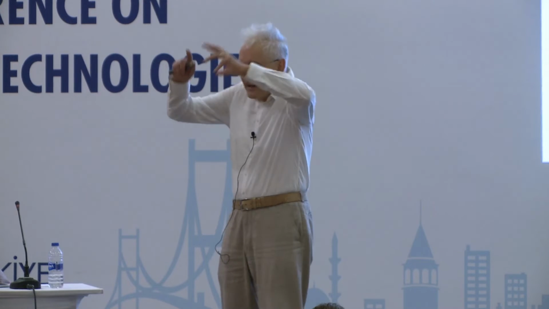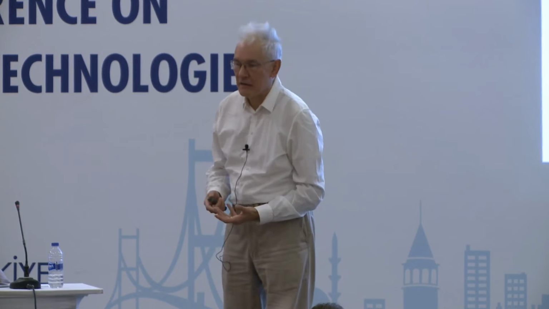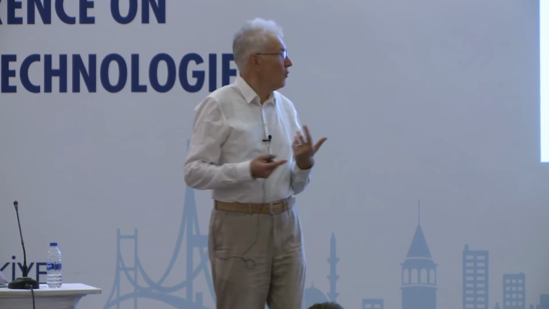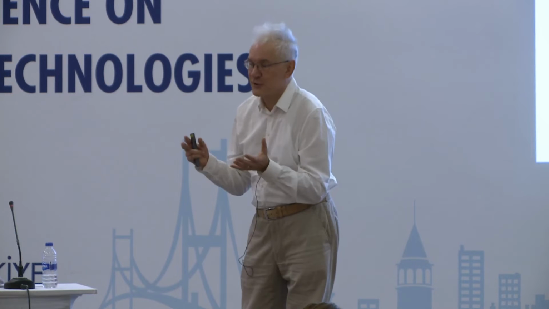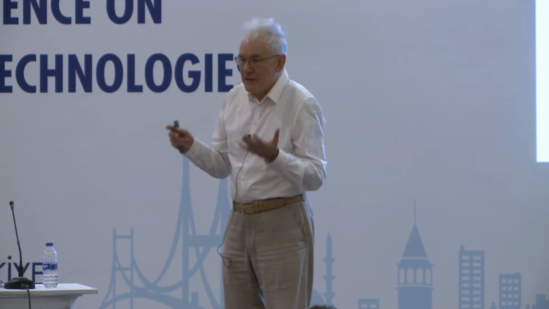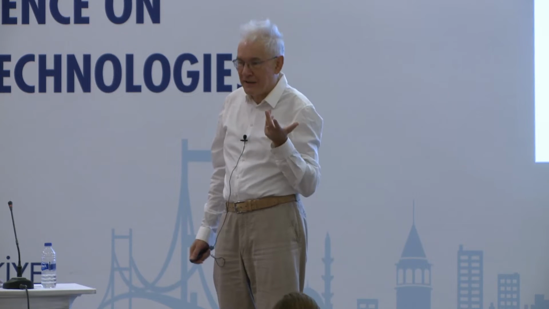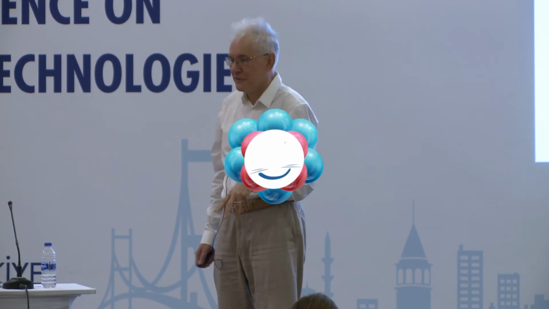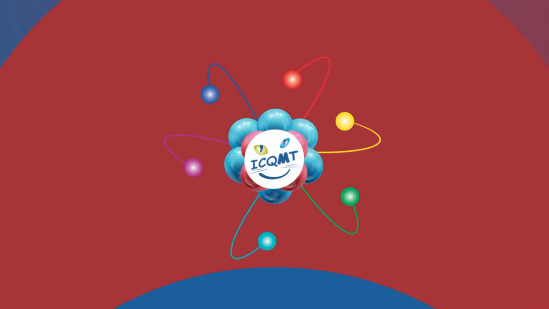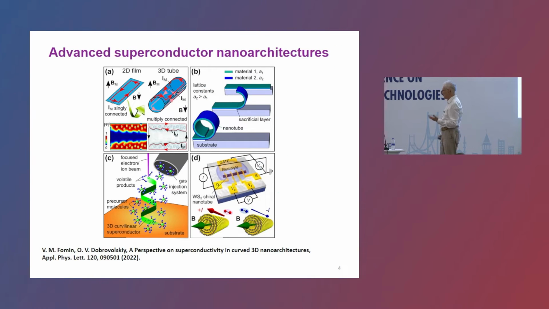But this is a unique array. And if you have two halves of a tube, you will have two sets of vortices, one in the upper part and another one in the lower part. And their dynamics was, in fact, the object of our